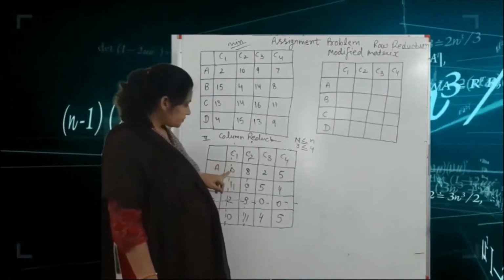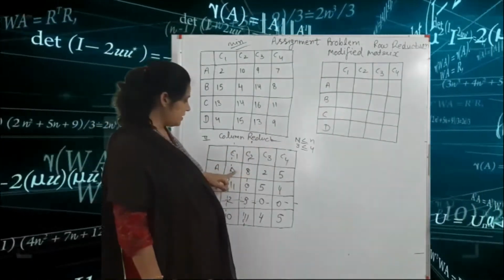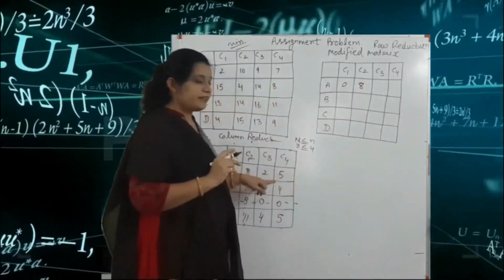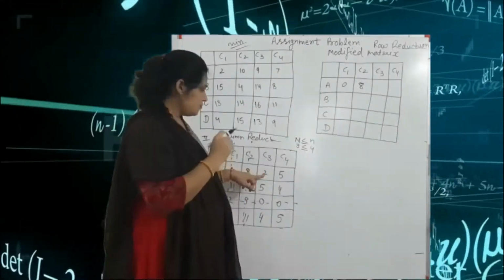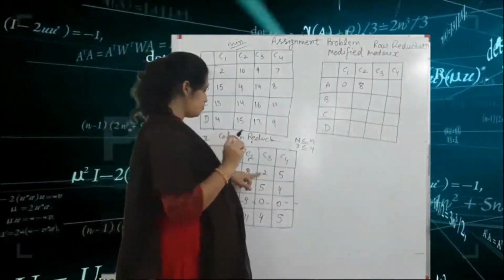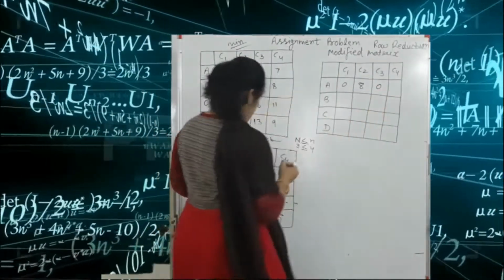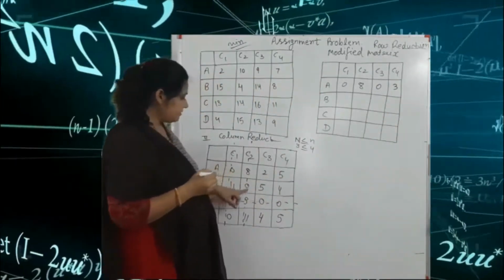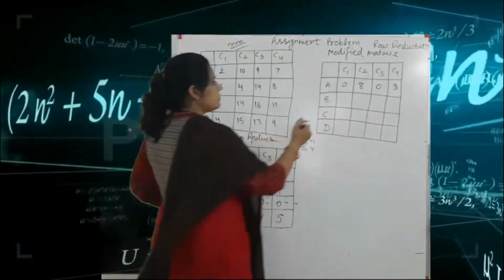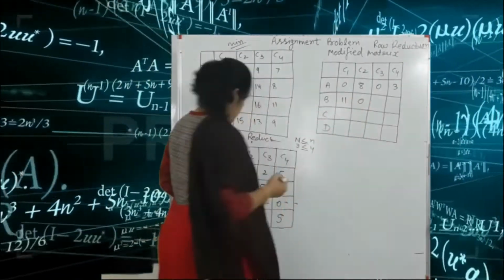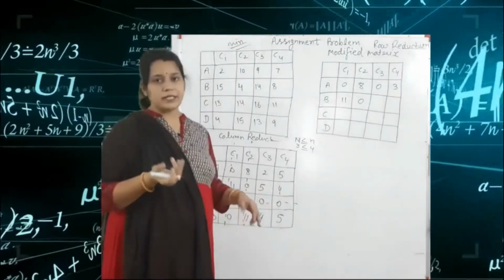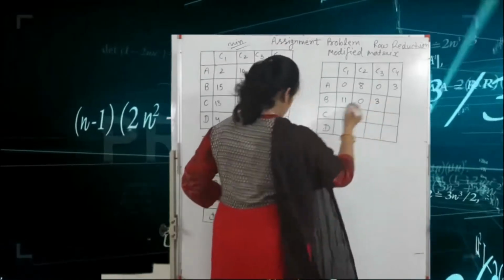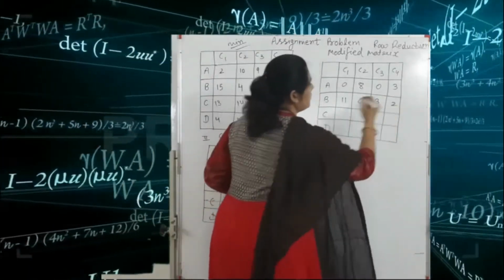So the first row is what? 0 and 8, as it is we write here 0 and 8, and these 2 and 5 are unoccupied cells. So we subtract 2. So 2 minus 2 is 0 and 5 minus 2 equals 3. Second row, 11 and 0 we write as it is. So here 11 and 0. And here 5 and 4 are again unoccupied cells. So subtract 2. So 5 minus 2 is 3 and 4 minus 2 equals 2.